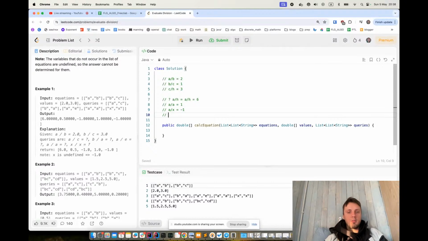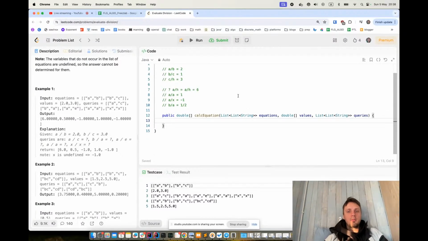Then b divided by a, it would be 2. Sorry, not 2, but 1 divided by 2. Yeah, because we need actually to reverse a divided by b by multiplying it by 1 divided by something. So we can actually create a map with integer where we have these equations. So we have this map, a divided by b,